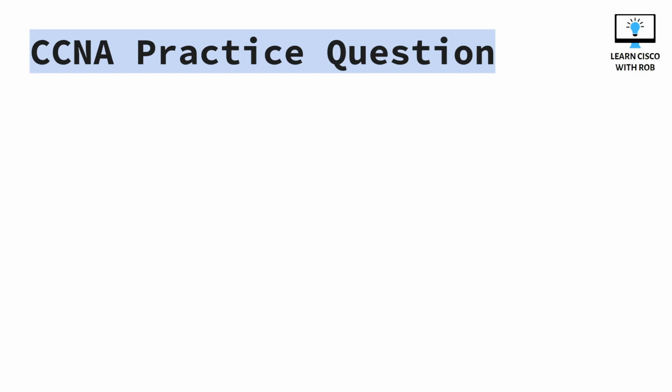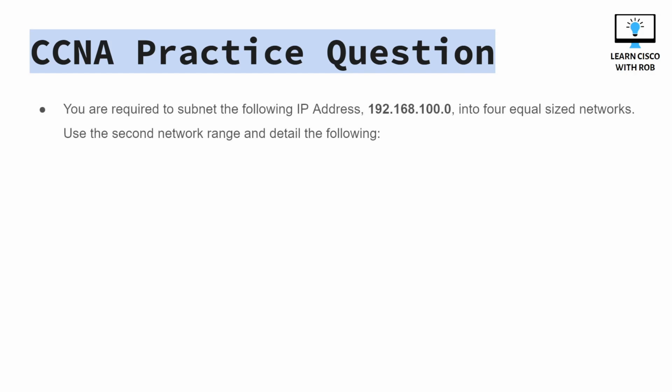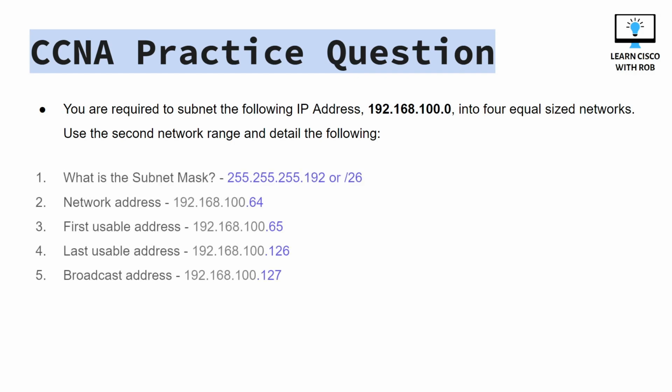And wrapping up the practice question, let's just revisit what the question is. You are required to subnet the following IP address into 4 equal sized networks. Use the second network range and detail the following. From what it asked us before, we have all of the answers. What is the subnet mask? Well, we know that's a /26. If we go back to that previous slide, we know that we have our magic number of 64, and that represents an extra 2 subnet mask bits, which is resulting in 26 ones, which gives us a subnet mask of 255, 255,